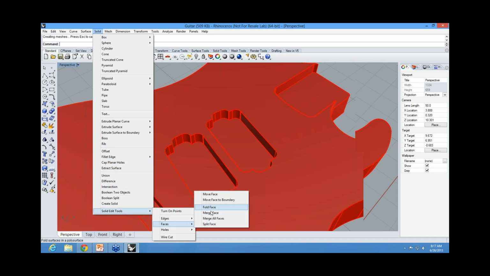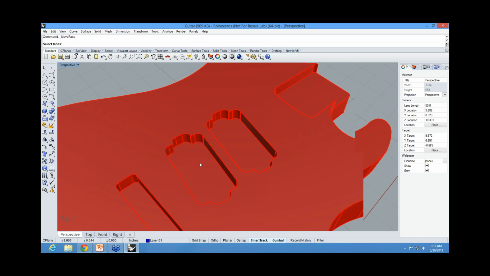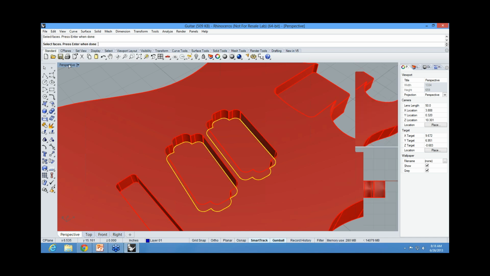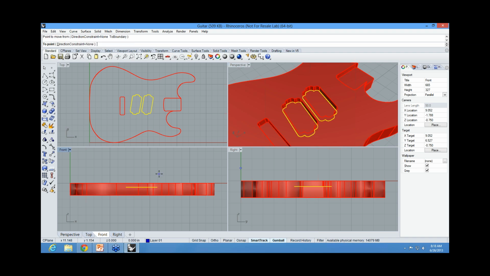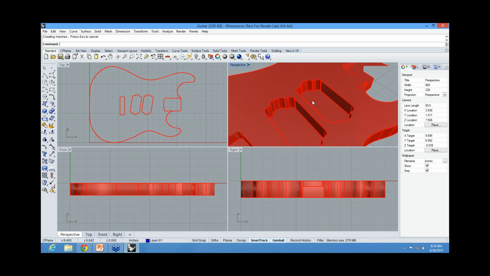Let's say I want to move a face. So I might take these two faces here, and we may want to make those pockets a little bit deeper. So you can see here that I can type in a distance, or I can create a different one, and that updates the model quite quickly. So the ability to edit solids,